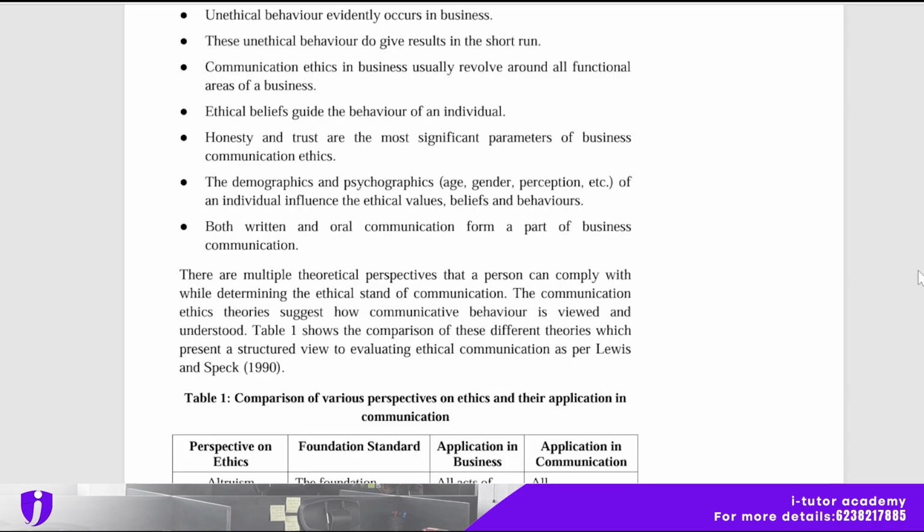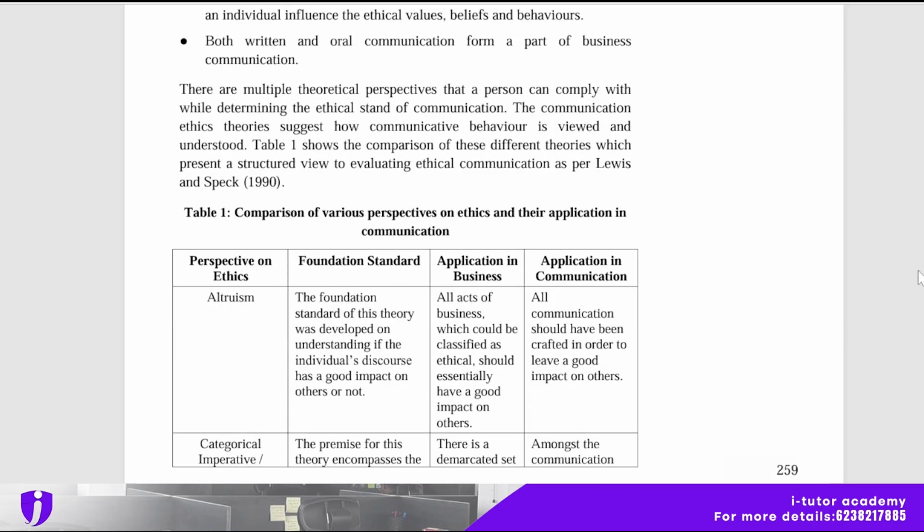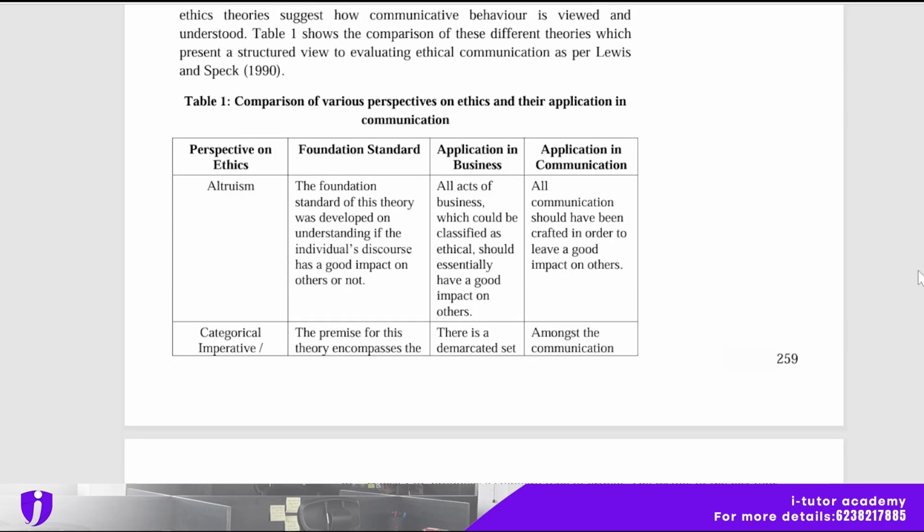Both written and oral communication form a part of business communication. There are multiple theoretical perspectives that a person can comply with while determining the ethical standard of communication. The communication ethics theories suggest how communicative behavior is viewed and understood. Table 1: Comparison of various perspectives on ethics and their application in communication. So, perspectives on ethics: altruism, categorical imperative,